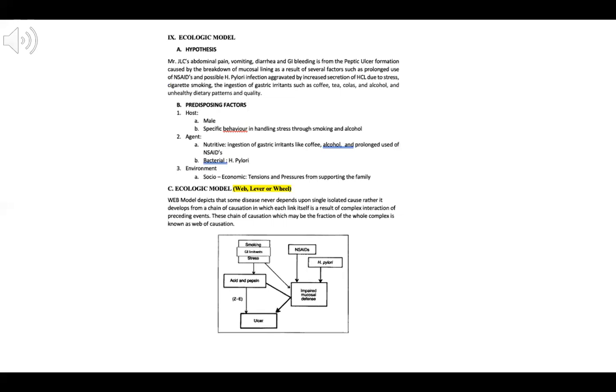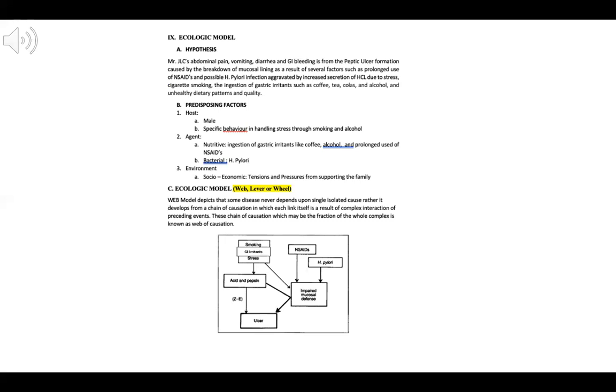The situational analysis that we have mentioned in the previous slide is facilitated in the nursing portfolio through doing the ecologic model paper. So being flashed on your screen right now is the ecologic model paper of our developing case at EdPuzzle. So we start identifying the hypothesis,